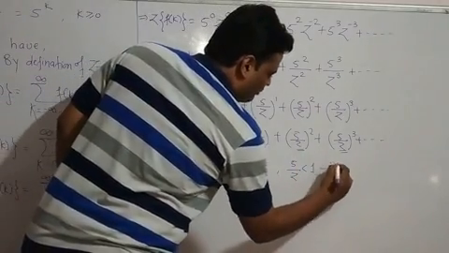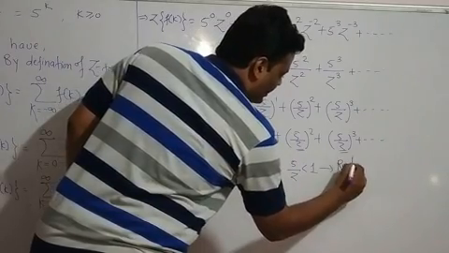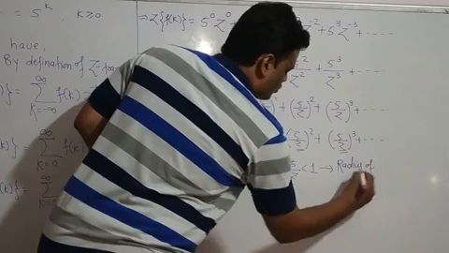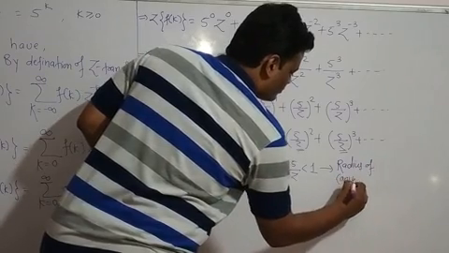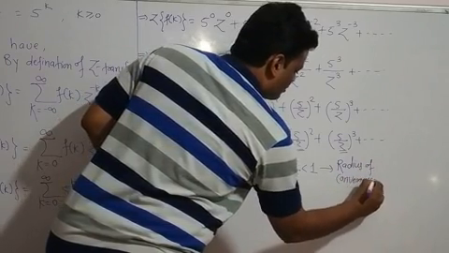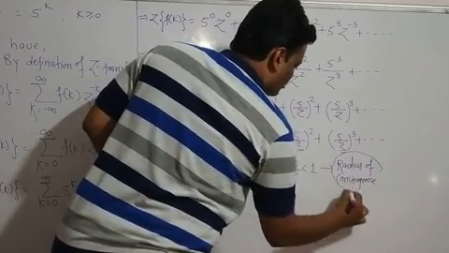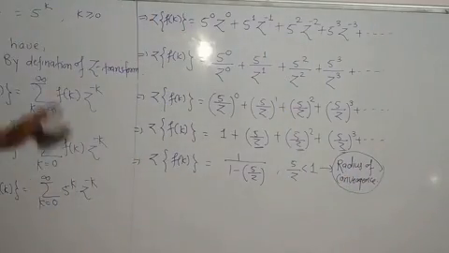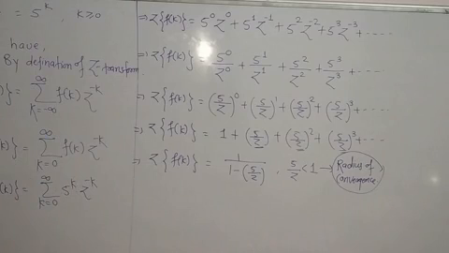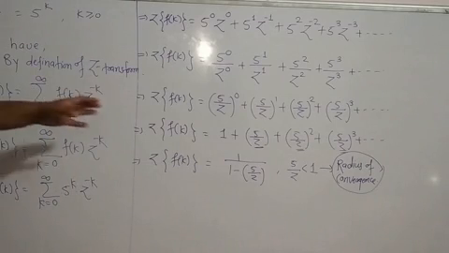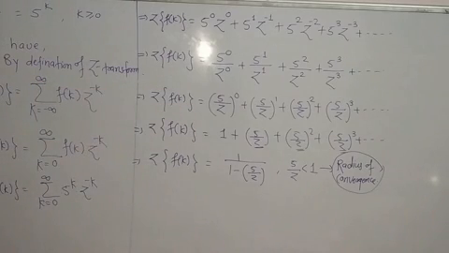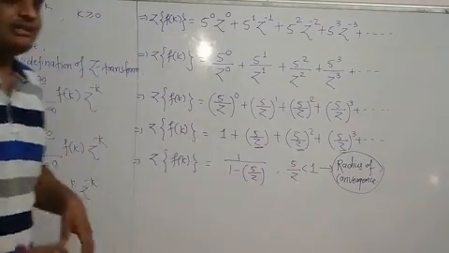And what is this called? You have a name, and this is called the radius of convergence. Okay, we need this part more in the inverse of Z transformation. When we start it, I'll explain this part in detail. But for now just remember that this x must be less than 1.